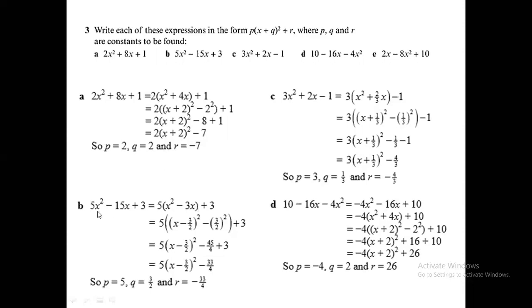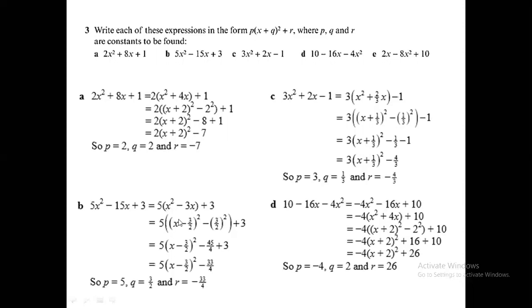Okay. Then over here, 5x squared minus 15x plus 3. If you take 5 out from the first two terms, it's x squared minus 3x, plus 3 outside the bracket. Then take half of minus 3, which is minus 3/2. If you're not familiar, take your calculator and enter minus 3 into half, minus 3/2. Then you can write x minus 3/2 whole thing squared, minus the square of this number, minus 3/2 whole thing squared, that is 9/4. After that we have to multiply with the brackets.